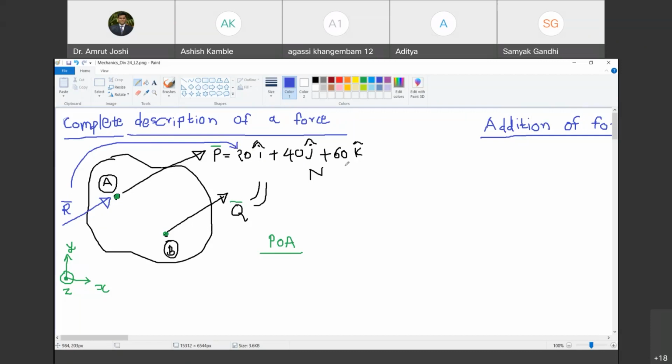Now, mathematically, force R bar and P bar are equal. Do you agree with me? Yes, sir. And I have also asked you to specify point of application. It happens so that the point of application of R bar and P bar is the same. Are you with me? Yes, sir. So mathematically they are equal. Their point of application is also the same. But are these two forces equal physically? Tell me, Aditya. What do you think?